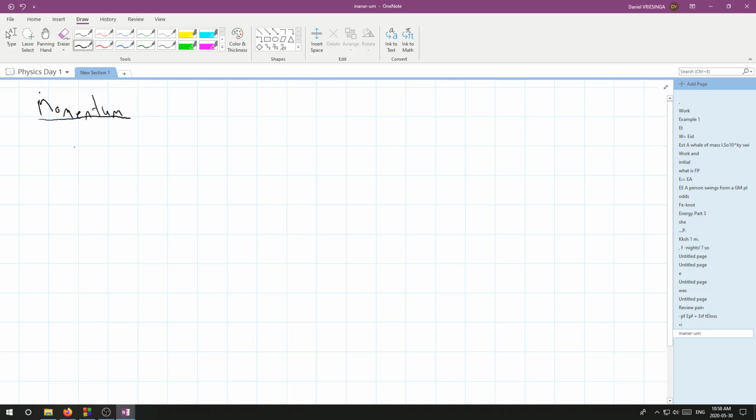So what is momentum in physics? Momentum in physics is just kind of a contrived value that we look at. Now, what we did for energy, let's look at energy really quickly. Conservation of energy,